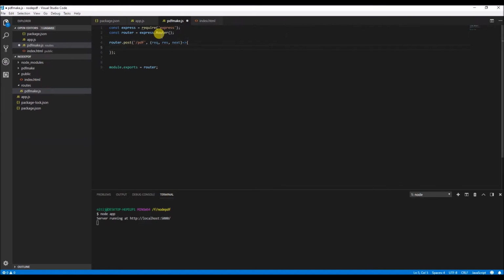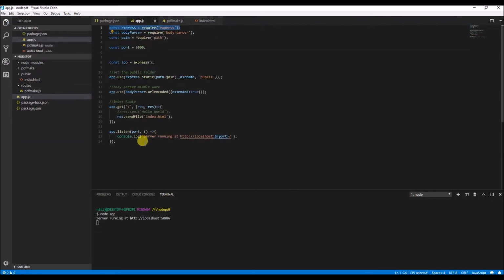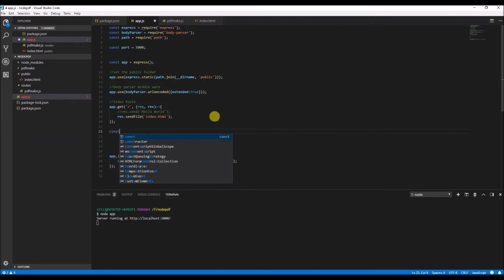Alright, so let's test this too if it's working. I'm just going to write this PDF text in the browser whenever this router is called, and before we test it, we also need to wire up with the Express server over here. And for that, you know what, let's just write the code over here, and then